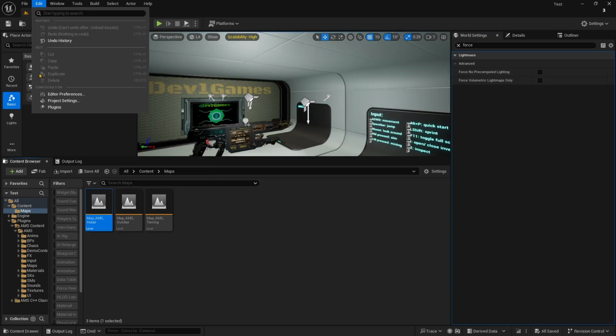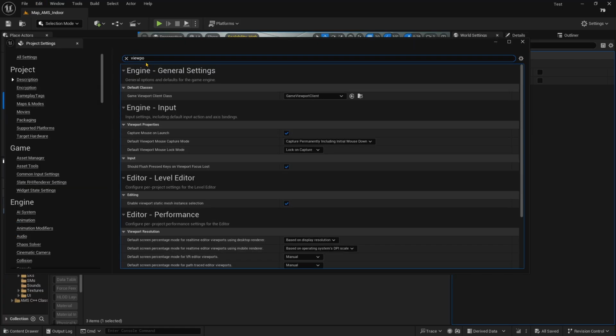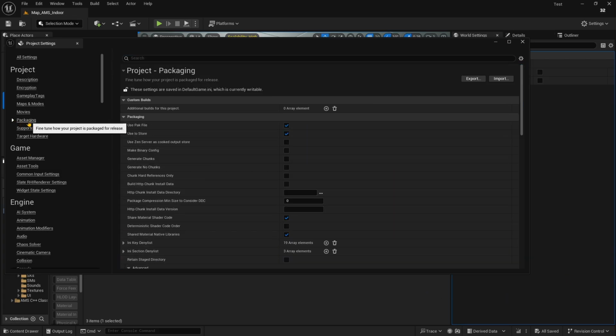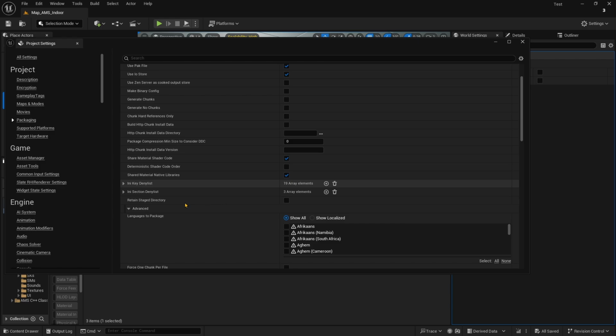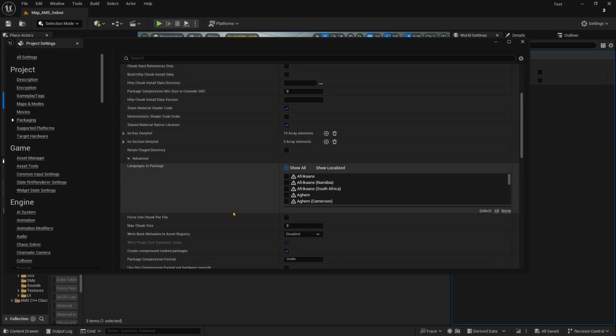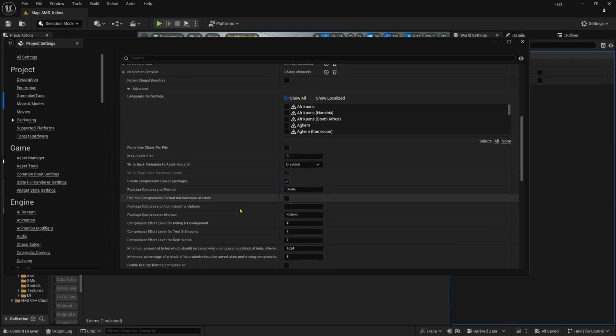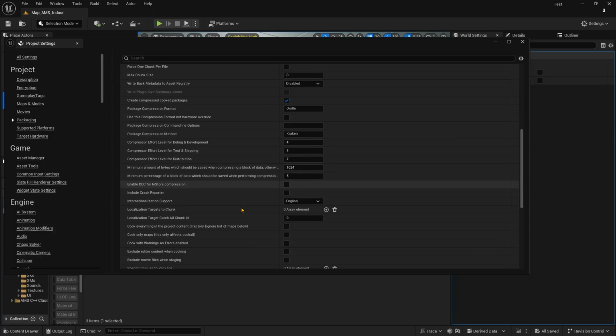Again, project settings, viewport, class, at least common game viewport or your custom subclass of a common game viewport. Restart later. We can already set up the packaging, so make sure to expand to advanced. And if you scroll down,